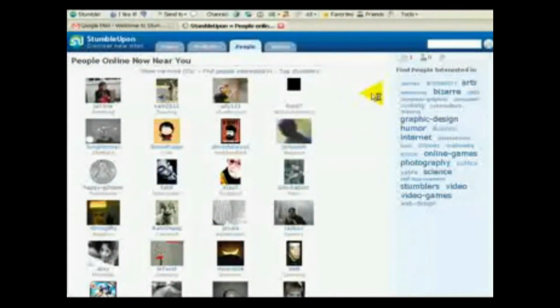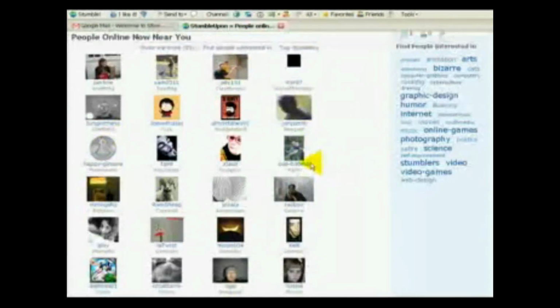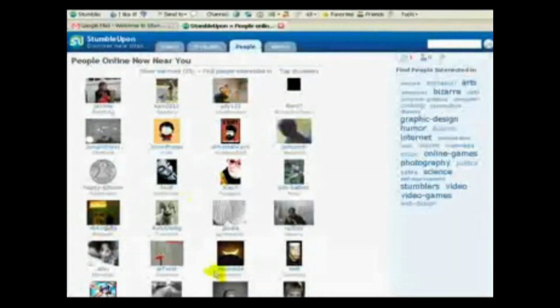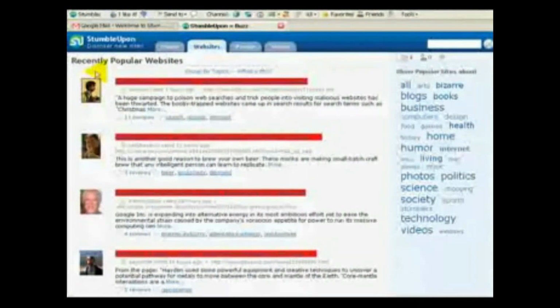The other cool feature here to stumble upon is if you click the People tab, it's looking whereabouts you are in the world. As I put, I'm in the UK. It's then starting to suggest other people that are online that are nearby, and if I wanted to start trying to network with some of these people, I might be able to go and look at their profile and contact them, etc. If I go to websites, then it gives me a different choice of recently popular websites. So we might decide to go look at, for example, the BBC site that's had 11 views. We click that